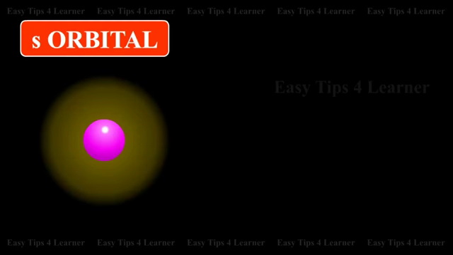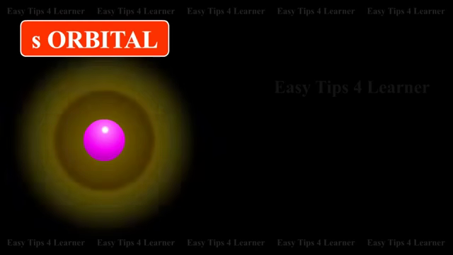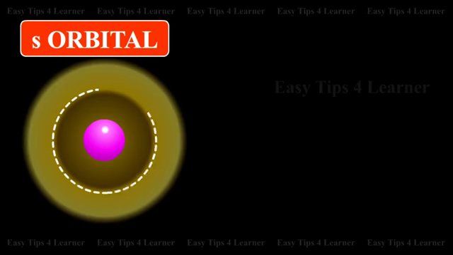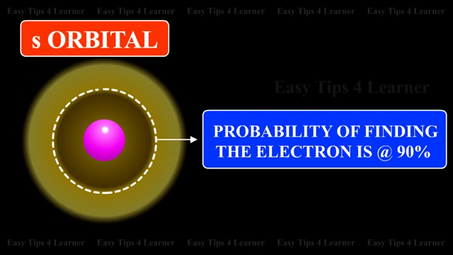In principle, many such boundary surfaces are possible. However, for a given orbital, only that boundary surface diagram of constant probability density is taken to be a good representation of the shape of the orbital which includes a region of volume in which the probability of finding the